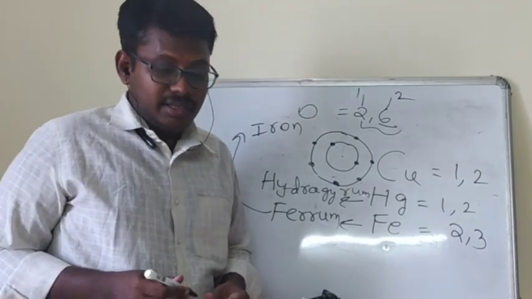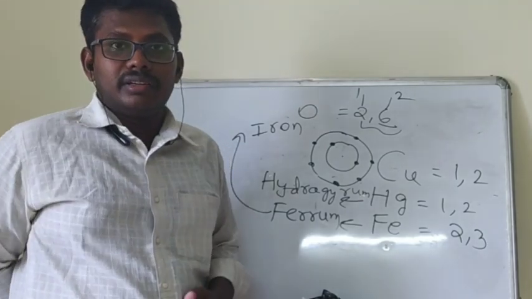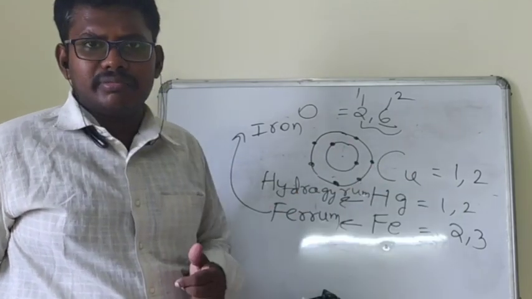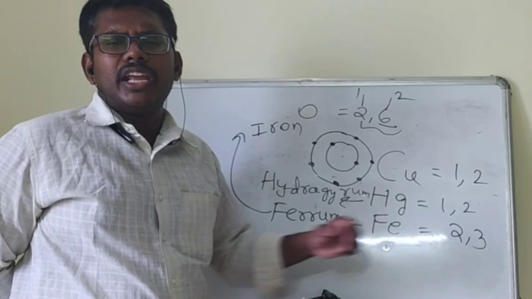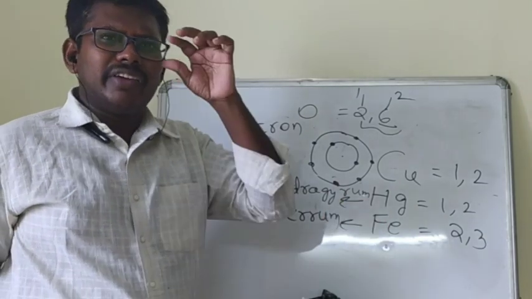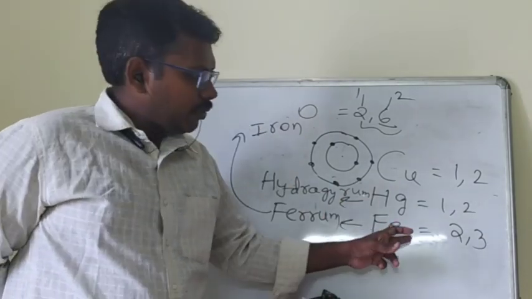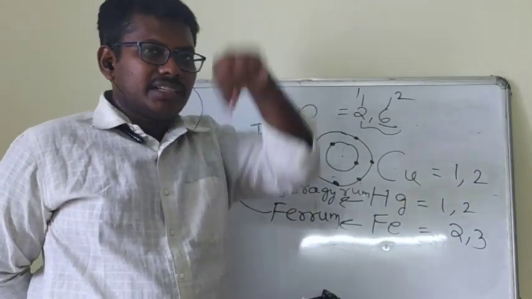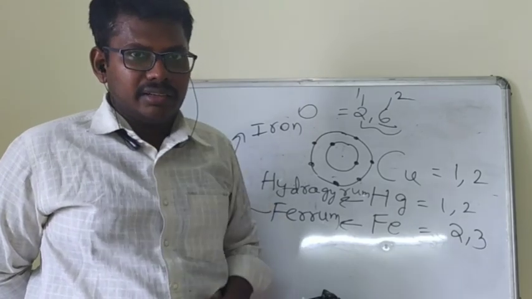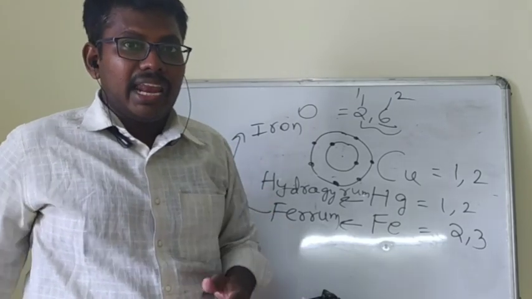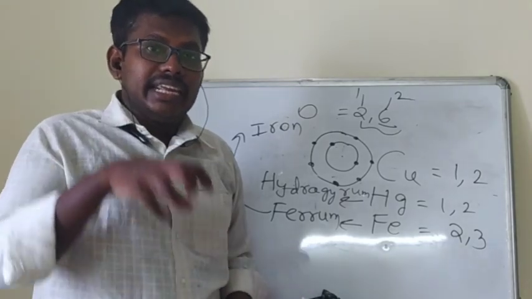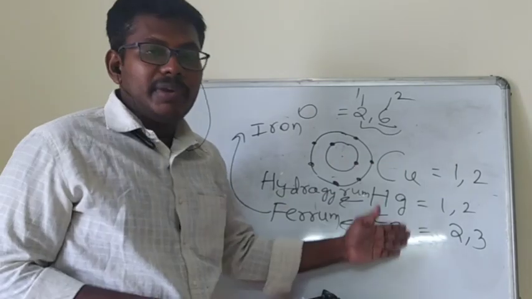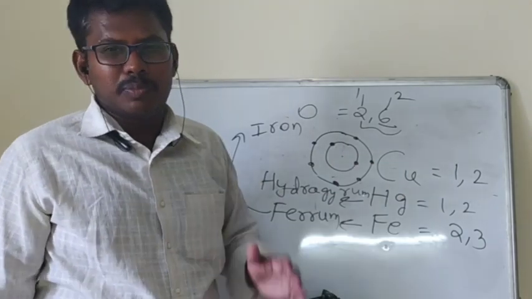Sir, some elements have only one valency. But why do these elements have variable valency? Before explaining the reason, we want to think about what it means. I said already that electrons present in the outermost shell participate in the chemical reaction. But for some elements, electrons present in the inner orbits also participate in the chemical reaction. That is why these elements get variable valency, meaning more than one valency.